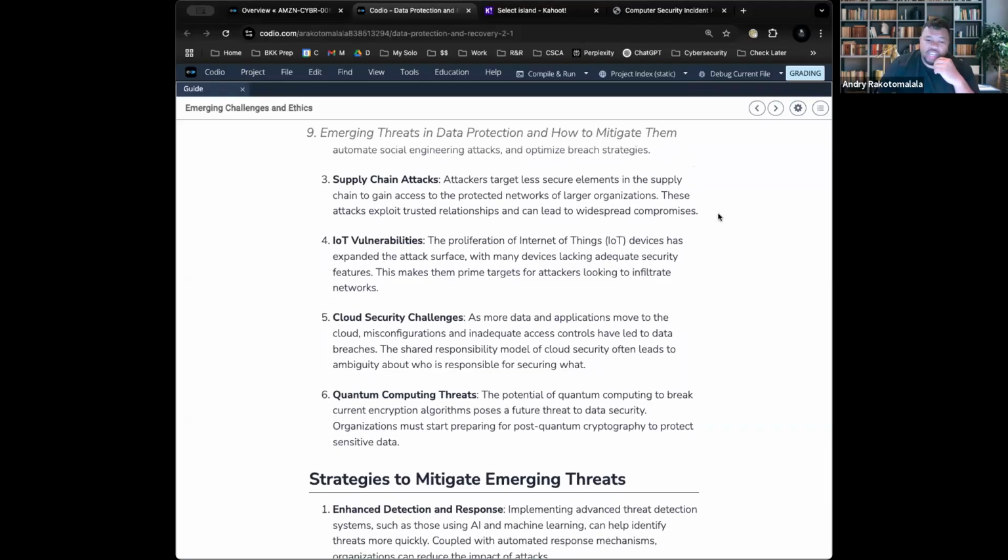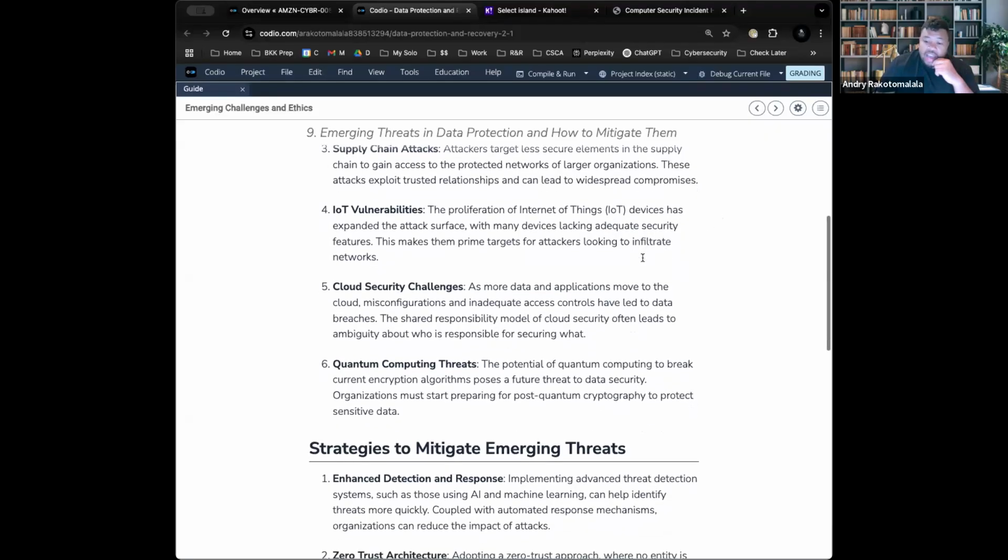We've talked about supply chain attacks before, where if there is a system, company, third party that is very critical to your organization, if you cripple that, well, then it can essentially disrupt your entire industry. So that's what the supply chain attack is. IoT devices, as a reminder, that means the Internet of Things. This means a smart device or a smart application.